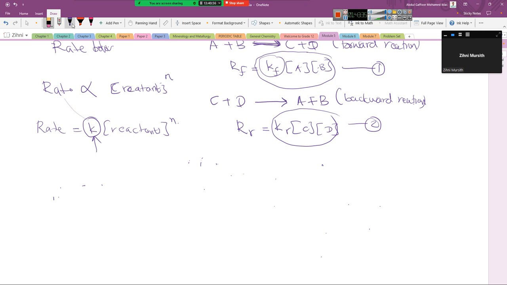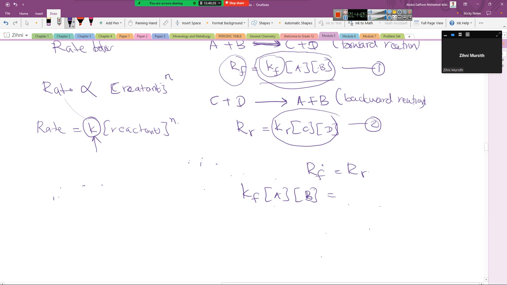So Rf is equal to Rr at equilibrium. Now instead of Rf, can I replace this? So Kf into concentration of A into concentration of B will be equal to Rr, using the second expression,